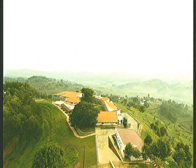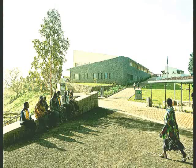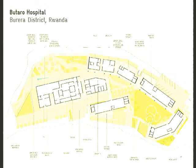As I said, we just completed it, and the fundamentals of trying to address the issues not only of airborne disease, but also of capacity were driving factors. So I'm just going to flip through some images of it. But the first thing we did to address tuberculosis transmission and try to reduce that transmission rate was we said, well, if contraction is happening in the hallways, let's just remove all the hallways. So this is a hospital without hallways. And it doesn't take a rocket scientist to figure that out, but it does take